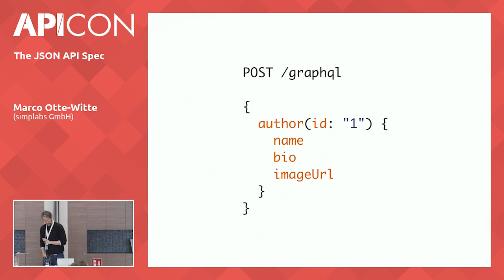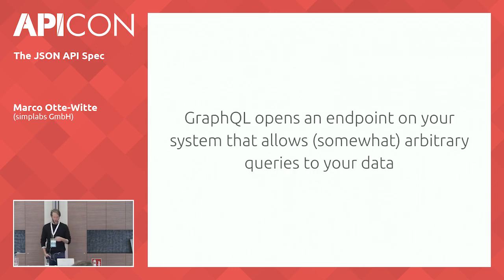But still, another thing that I want to say about GraphQL is that I think people are often not aware that GraphQL opens an endpoint that allows to perform queries against your data store, which can be pretty dangerous, not so much in terms of security, but in terms of you have to make sure that people don't make requests that bring your system down, because aggregations, for example, are often very expensive, and I have seen a lot of projects where running certain aggregations on certain tables would just bring the system to a stop, because tables are too big, or you don't have indices, and maybe you can't have indexes because of some constraint or whatever. So it's just something that you have to be aware of.